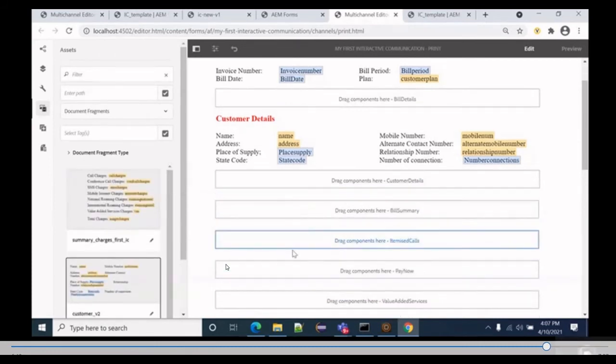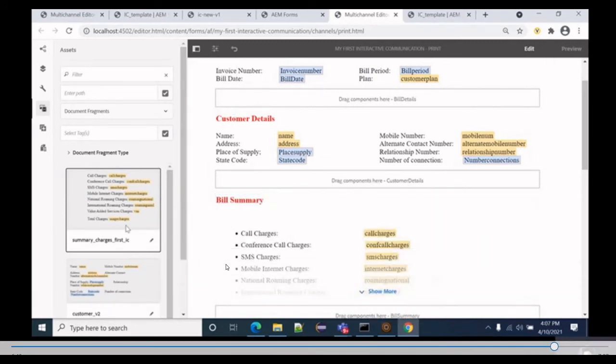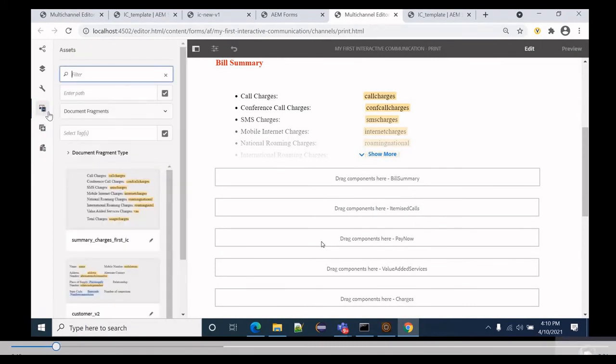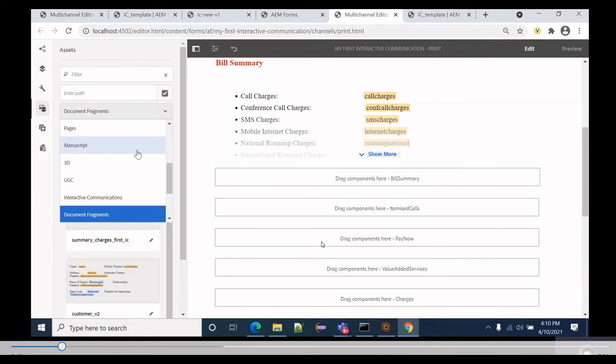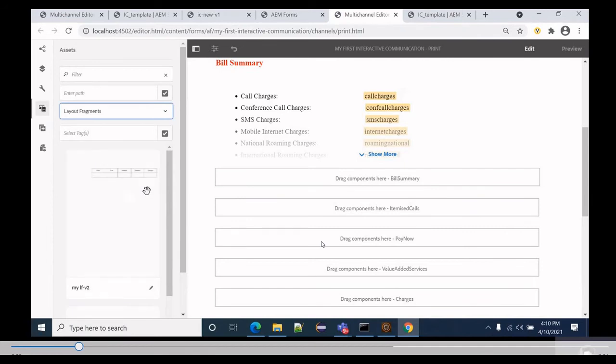So this one, bill summary, and so we have to go to Assets again, and let's have a filter with layout fragment, because we have created a layout fragment for the itemized bill.